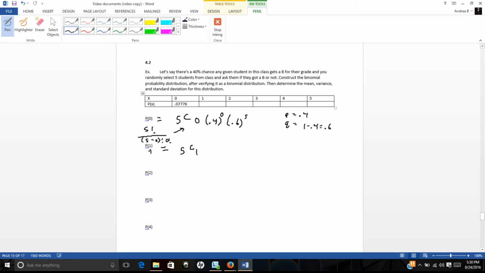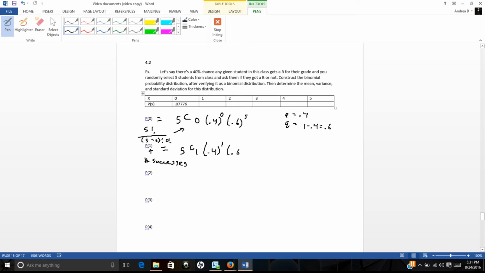Remember, the numbering here represents the number of successes, which in this case is getting a B, times 0.4 to the first, so the probability of success, and then however many successes in the exponent,